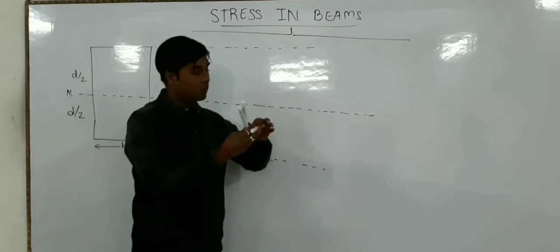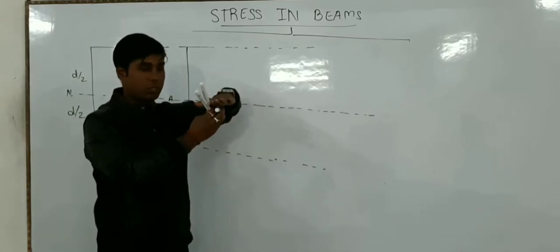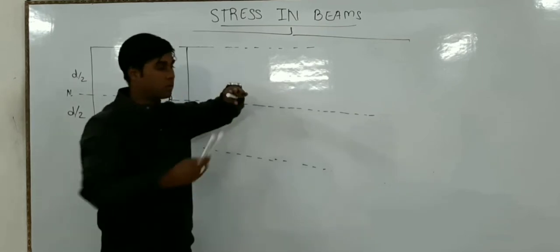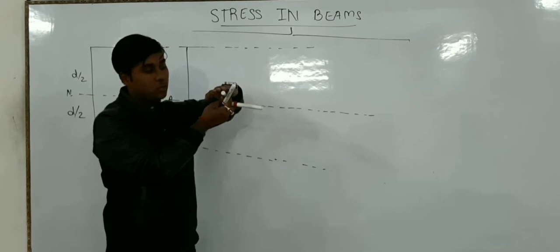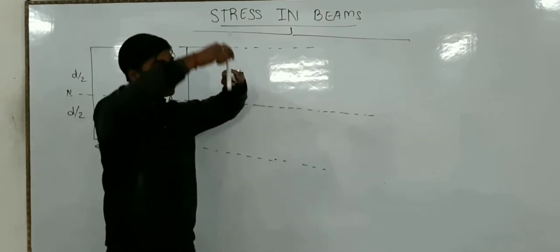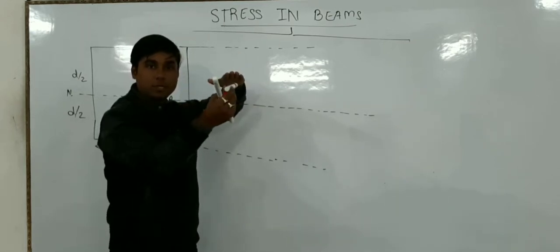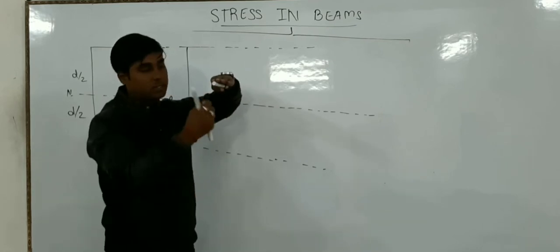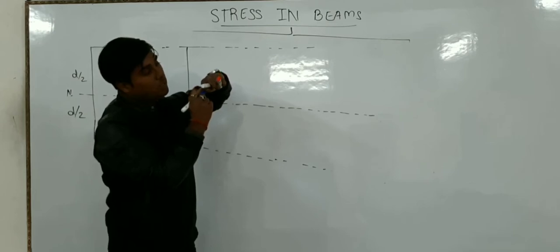In a beam, the transverse shear loading would be from the roof or ceiling. From the ceiling, the transverse load would be there like this. So if this is the beam, this is the cross section of the beam, okay? This is the cross section of the beam, and on this cross section,